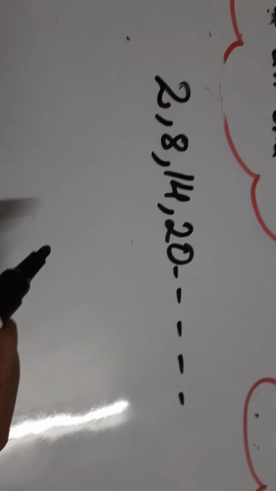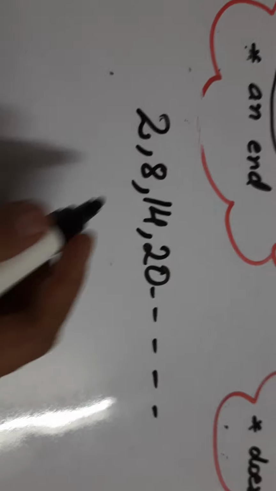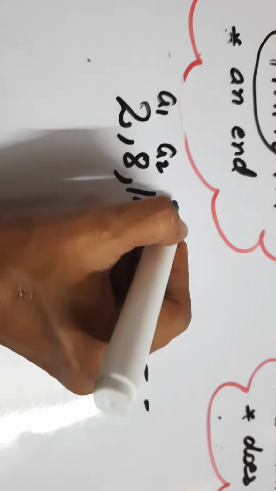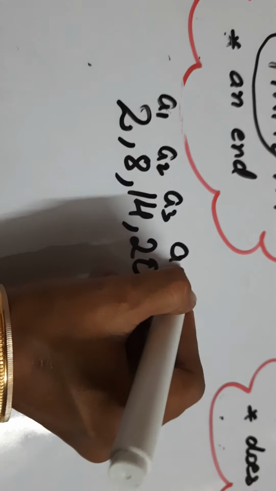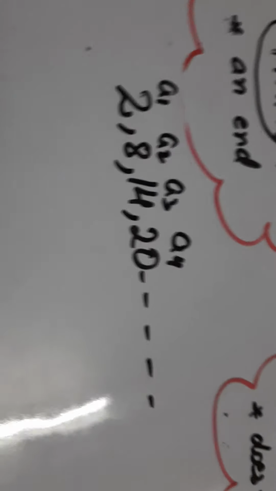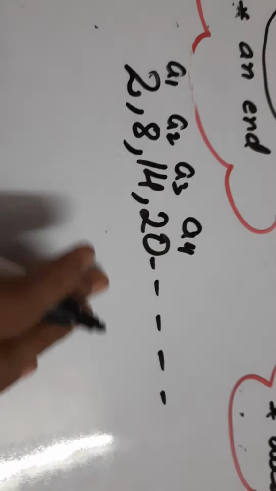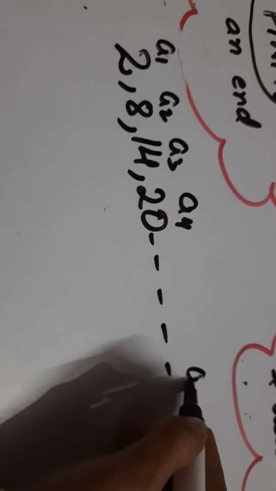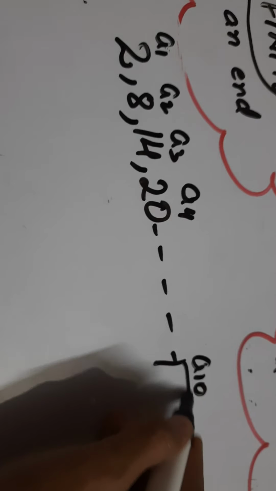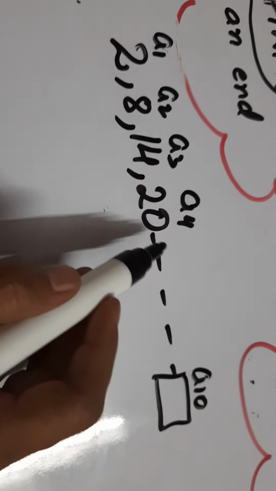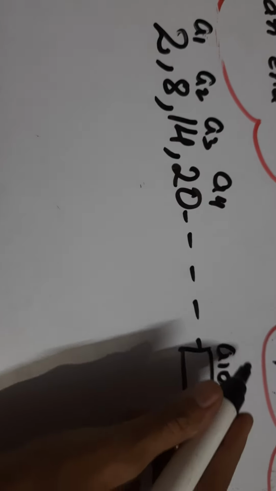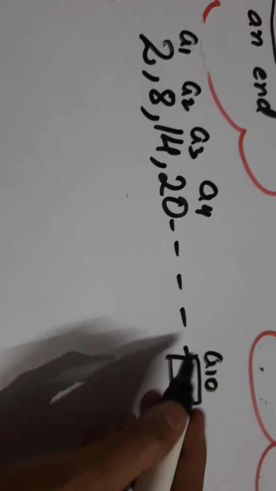For example, this series is given to us. Let us mark the terms: this is the first term, this is the second term, this is the third term, this is the fourth term, and so on. But in the sequence, I want to find the 10th term of this series, and that is not given to us. It becomes very messy if I add d to all the terms. So let me write down the direct formula for the 10th term.